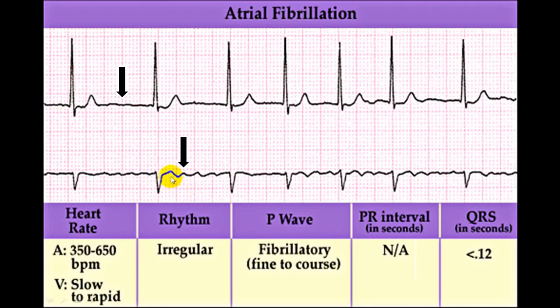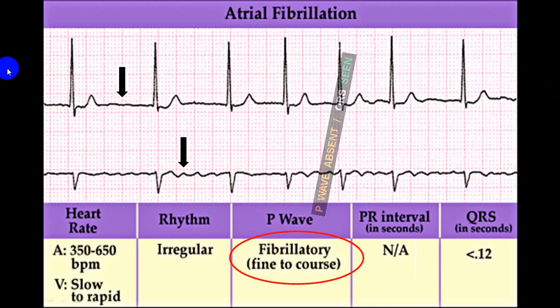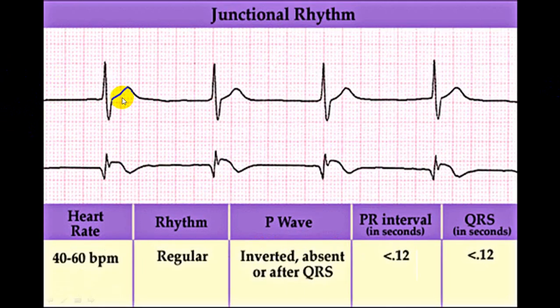Here you can see that no P wave is seen, but you have a QRS complex. So the P wave is absent, but these are F waves, or fibrillatory waves. The RR interval is irregularly irregular, in favor of atrial fibrillation. Here the QRS complex is narrow, the RR interval is constant, and there is no P wave before it. So this is junctional rhythm, and rate wise it is between 40 and 60. So this is normal junctional rhythm.